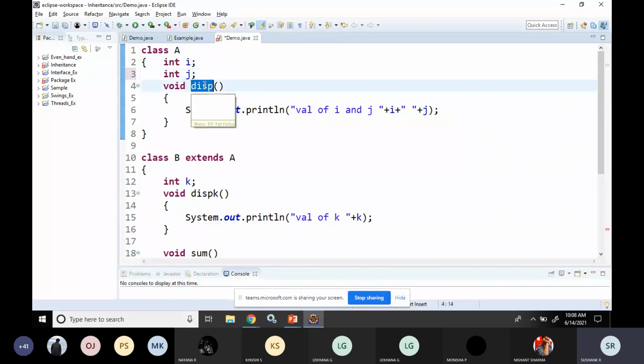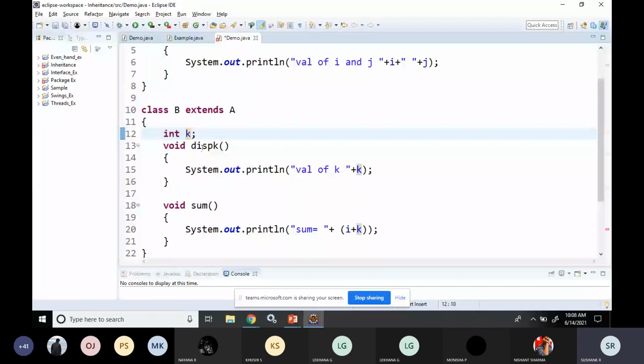Class B contains variable k and a function called dispk, and one more function called sum.